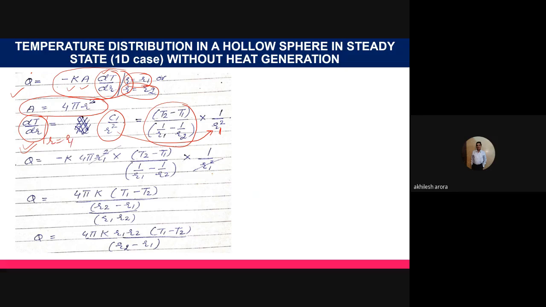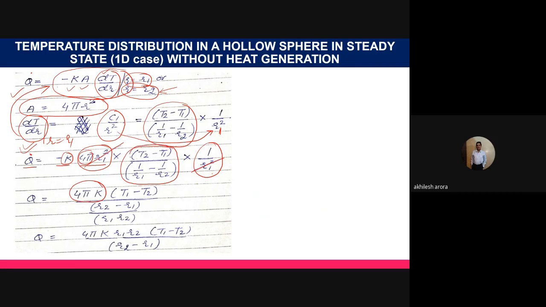So this will change to R1 when we calculate the value of dT by dR at R equal to R1, and then we can put this value of dT by dR in this particular equation, and finally we get Q is equal to minus K, then area is 4 pi R1 square because we are considering radius R1, so area is 4 pi R1 square. If we are considering the dT by dR value at R equal to R2, then the area should be taken as 4 pi R2 square. So that you need to remember actually. Then dT by dR is given by T2 minus T1 over 1 over R1 minus 1 over R2 into 1 over R1 square. So R1 square and R1 square has been cancelled here, and we get 4 pi into K.